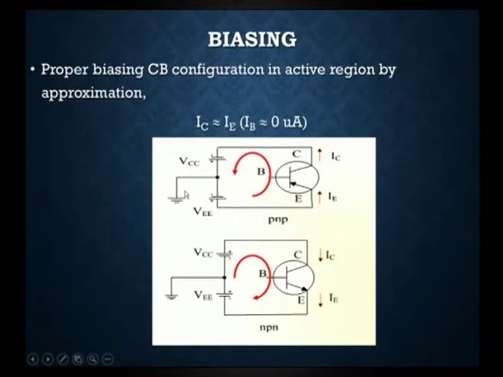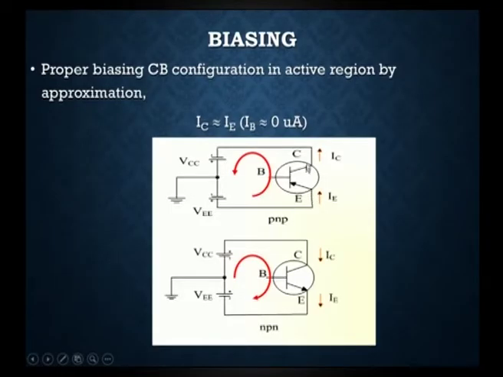The biasing for a transistor can be made with the assumption from the first approximation, that is, IC is approximately equal to IE where IB is equal to 0. In the figure we can observe that IB is open circuited. If we make this, the biasing will be easier, and the current can flow from emitter to collector for a PNP, and from collector to emitter for an NPN, by making IB equal to 0.